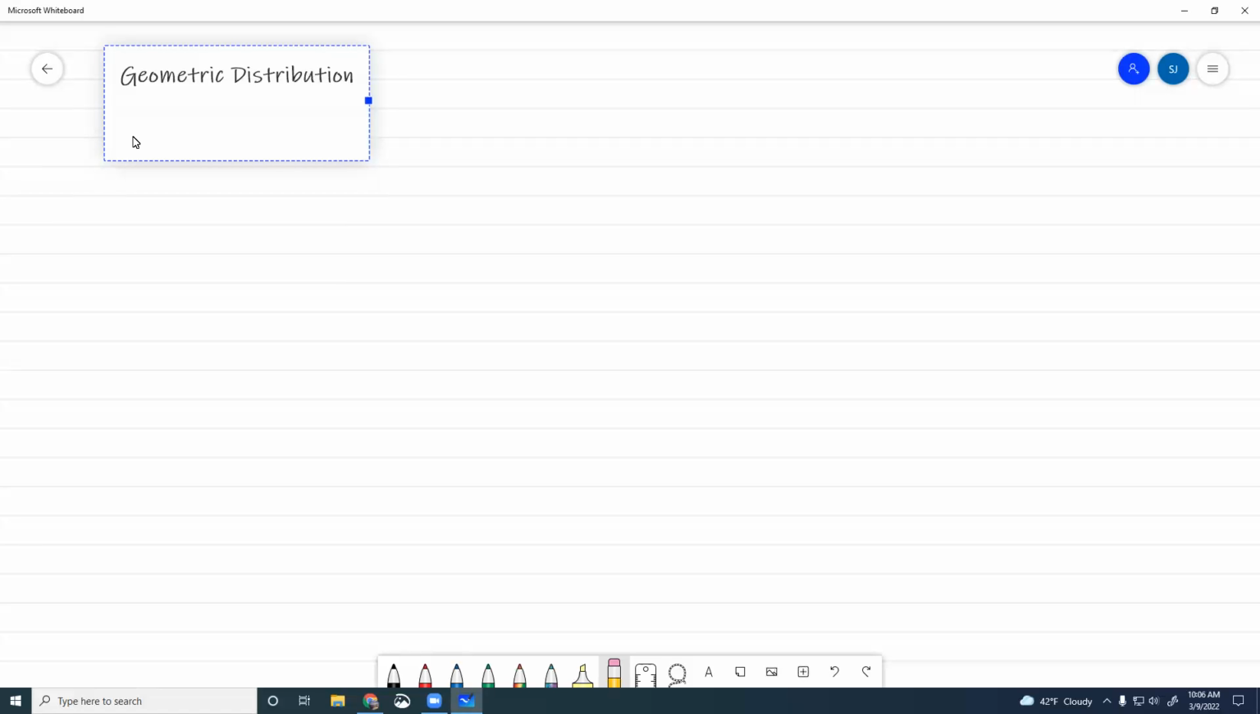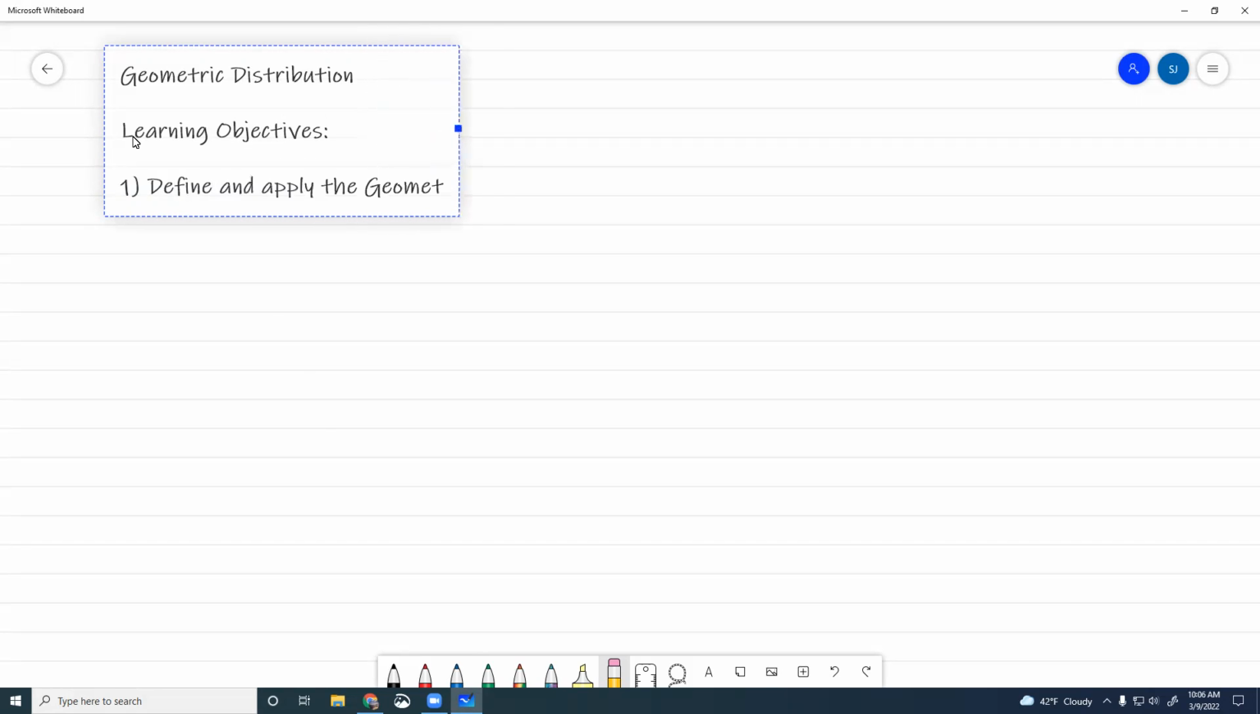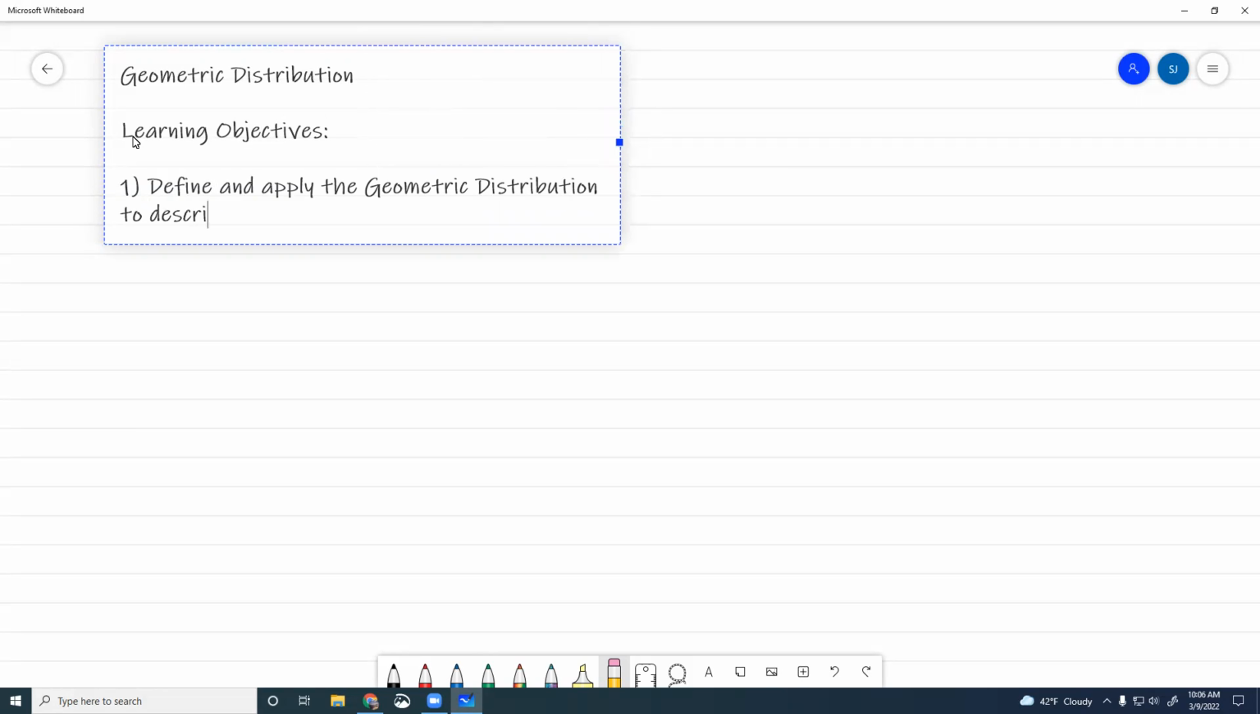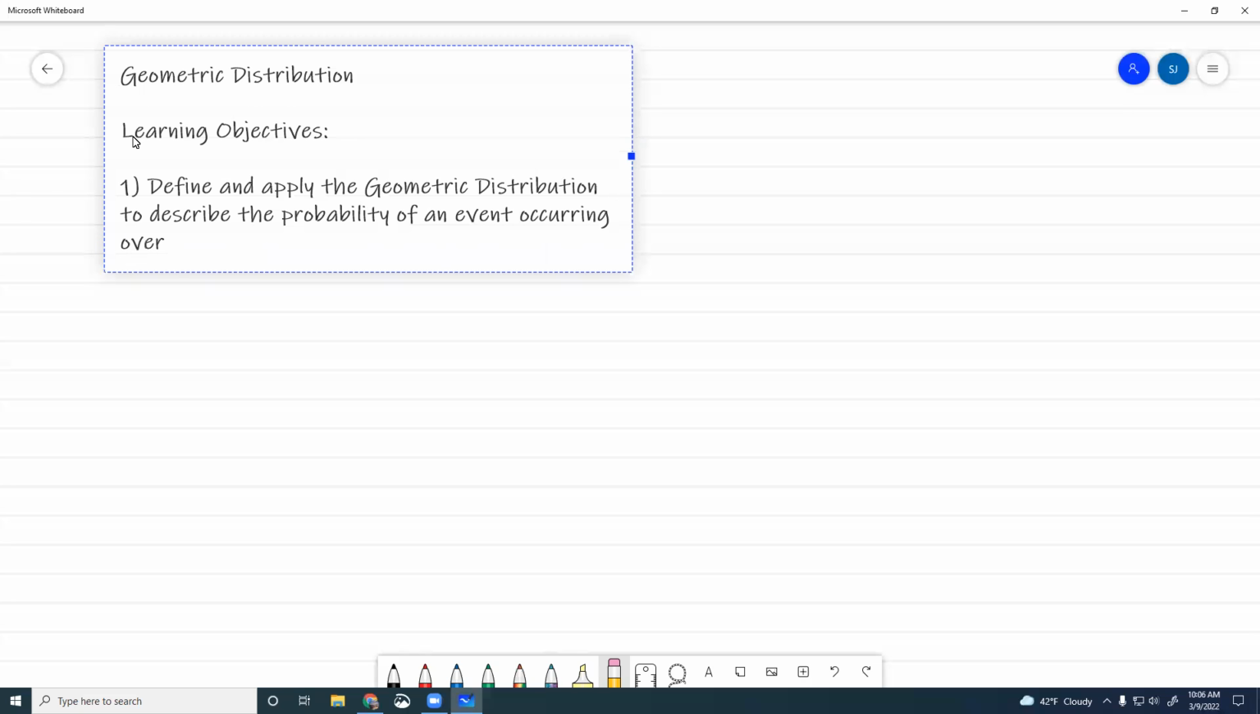And talking about the geometric distribution, we'll first get into our learning objectives. First, we're going to define and apply the geometric distribution to describe the probability of an event occurring over a specified